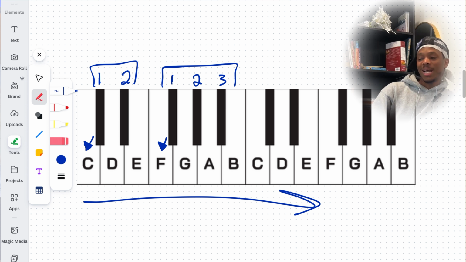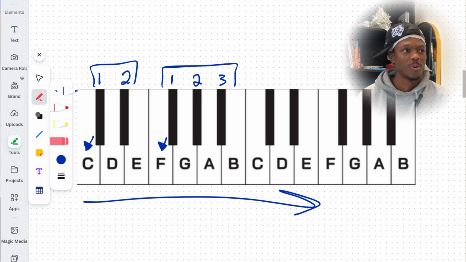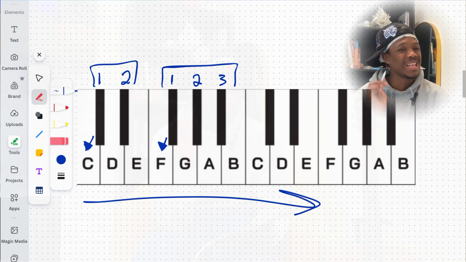And it's good to recognize these letters forward and backwards, or alphabetically and reverse alphabetically. The reason being is as we're going in alphabetical order, we are increasing in pitch. And when we are going in the reverse of the alphabetical order, we're decreasing in pitch. So hang on to that thought. We're not going to talk too much about that until we start talking about accidentals in another video where I